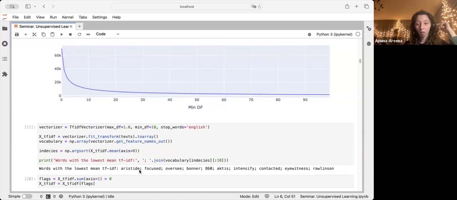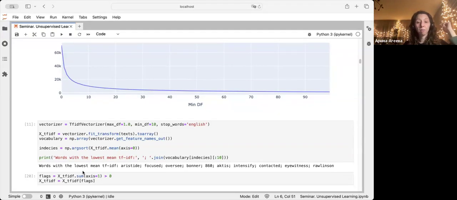In this case, we deleted many non-useful tokens. Yeah. So, but if you want to clean some tokens and delete some